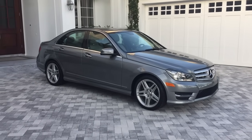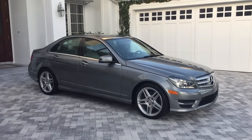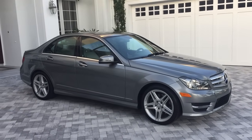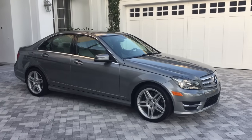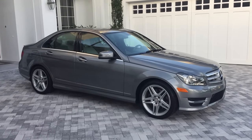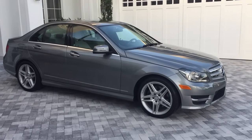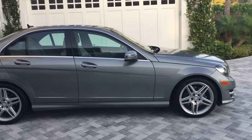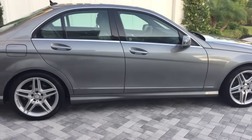Anyway, palladium silver metallic, not sure if I pronounced that right, but I think so. AMG Sport Package, again, the C350, 302 horse. So without getting into the AMG class of cars, this is as peppy and potent and well-equipped a C-class as you're going to find. And the C has always just been the most beloved sedan, certainly the most beloved small